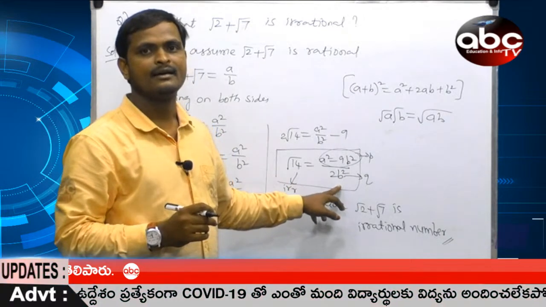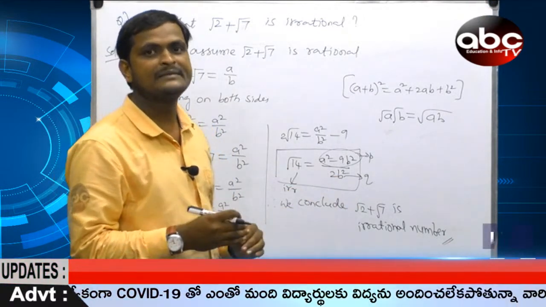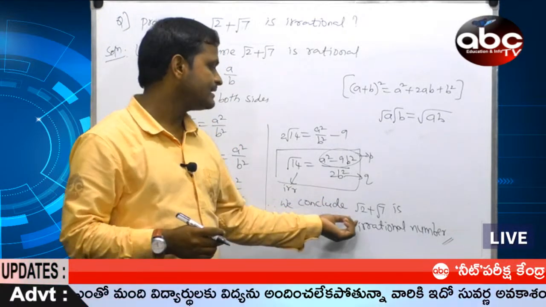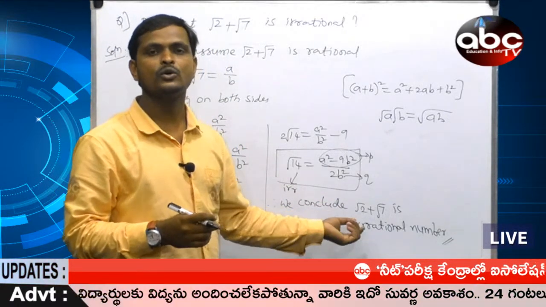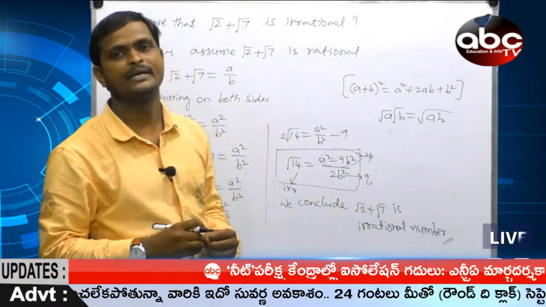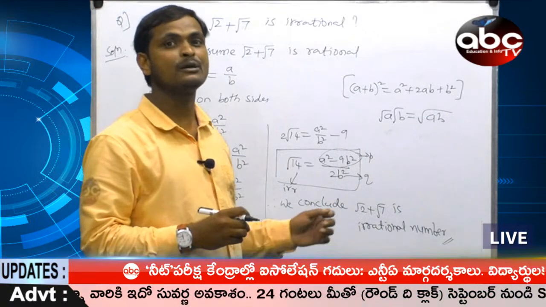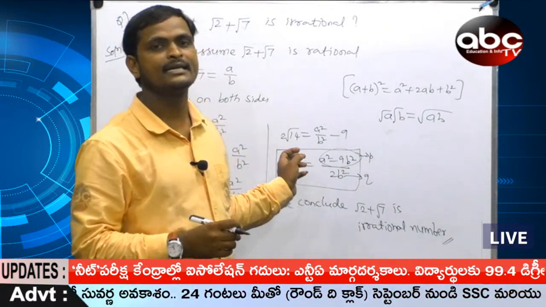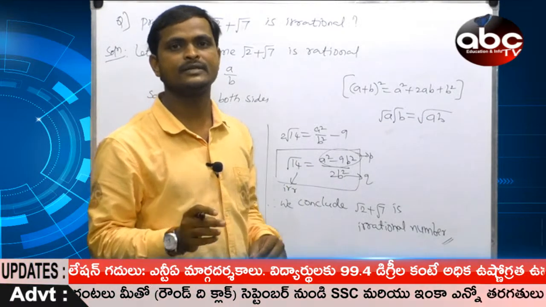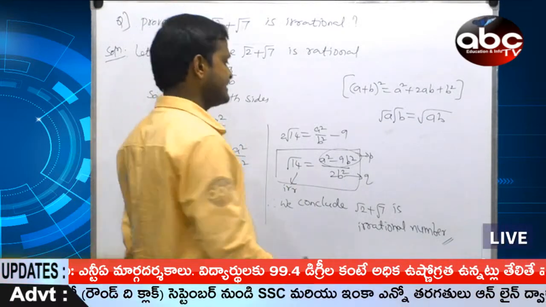Okay. Then our assumption is false. Okay, so we conclude that the given number root 2 plus root 7 is an irrational number. Here we also use prime factorization, that is the fundamental theorem of arithmetic. Is it clear, students? Okay, for your SSC examination